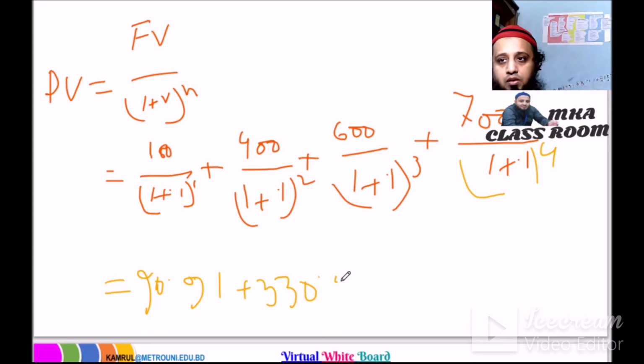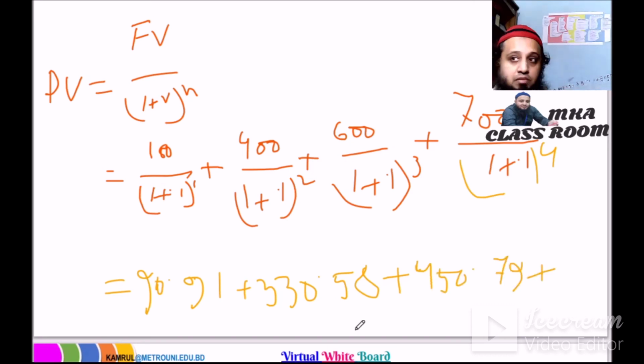plus 600 divided by 1.1 power 3, 450.79 plus 700 divided by 1.1 power 4, that should be 478.11. Then the total present value should be